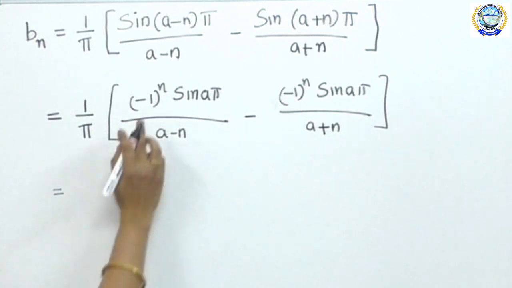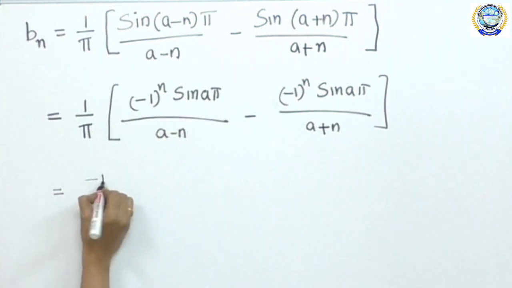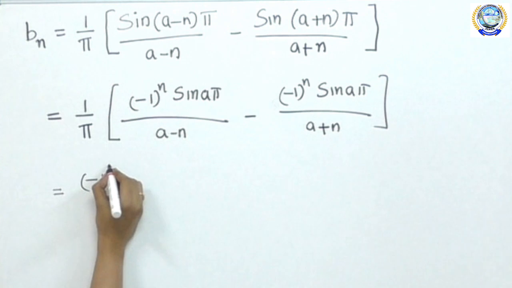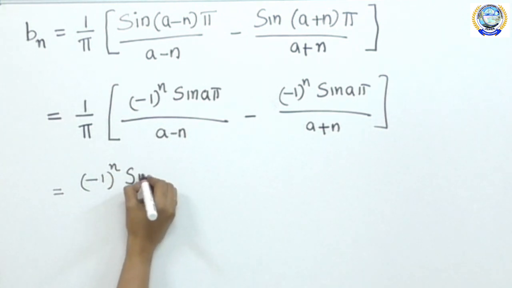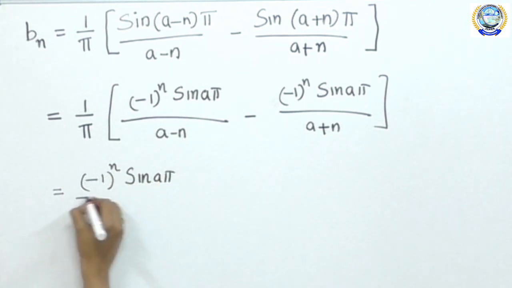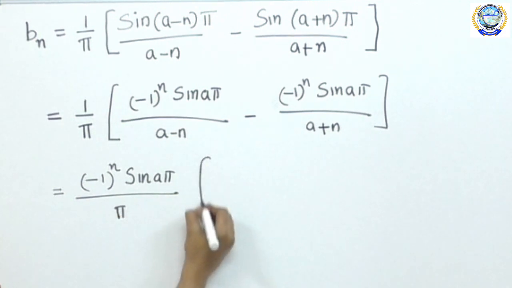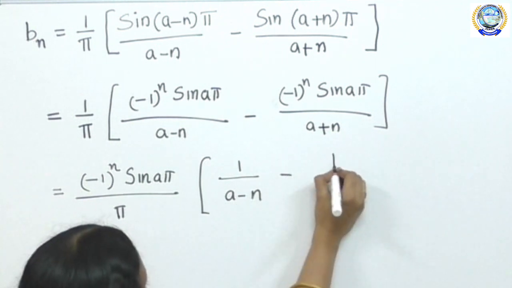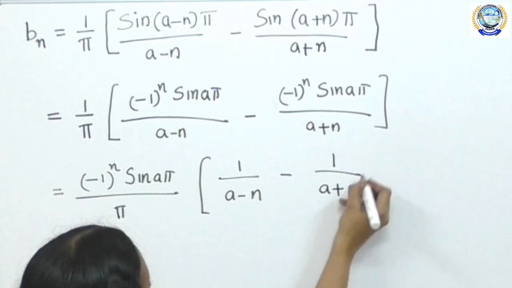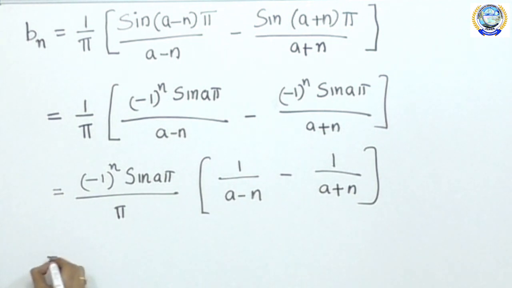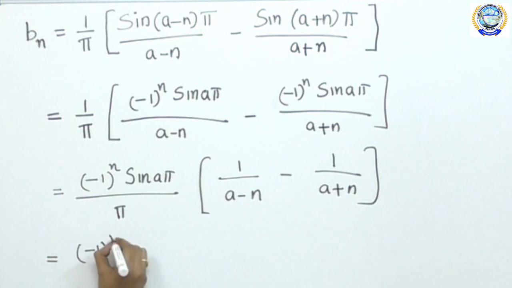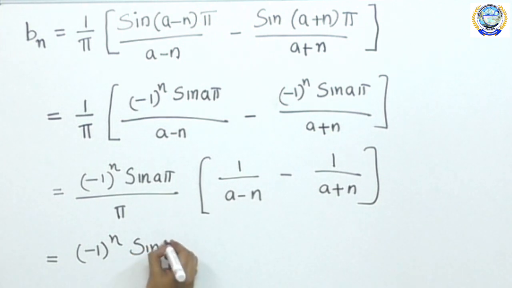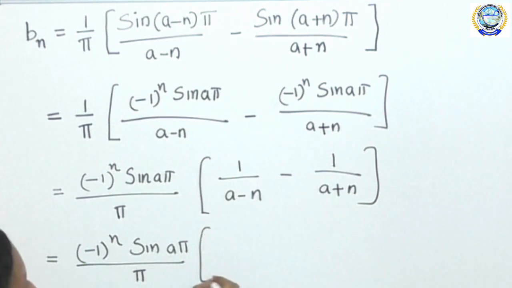This is equal to, take common this value, (−1)^n sin aπ/π into [1/(a − n) − 1/(a + n)]. This equals to (−1)^n sin aπ/π into